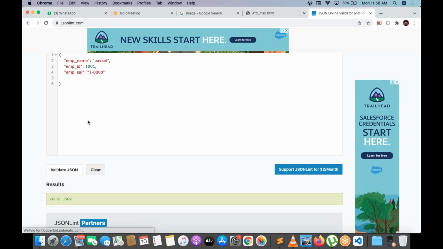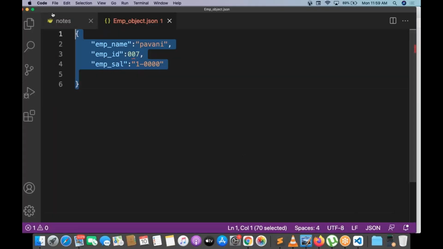Yeah, this would be valid JSON. So where is the issue? I don't know. So employee name is Pavani, employee ID is 1001, and employee salary is something like this. Can I give a number for this?